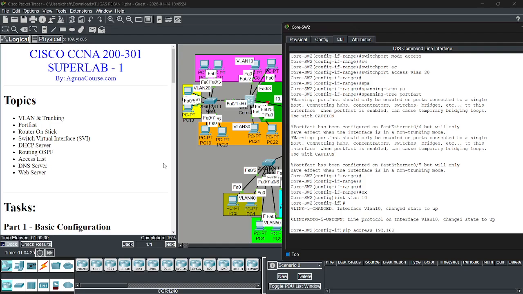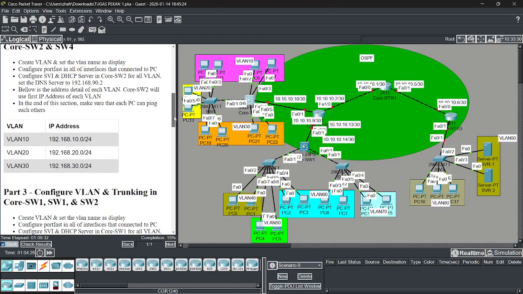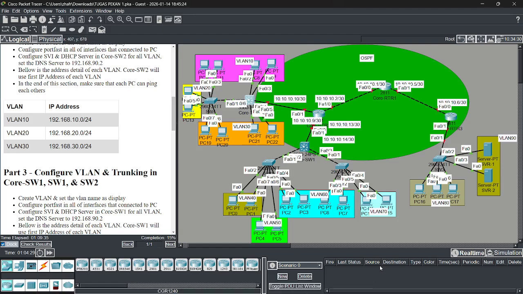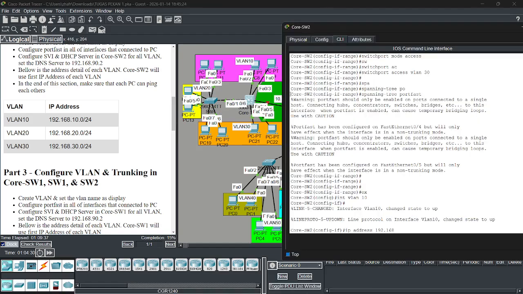This is the IP address for VLAN 10. Okay, and then the subnet mask, we use prefix 24.